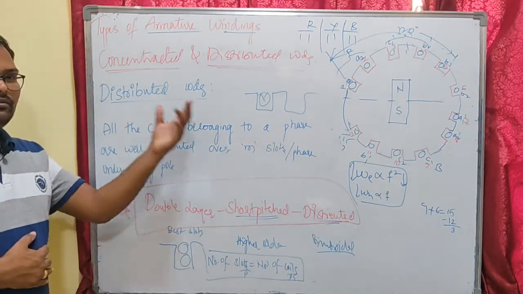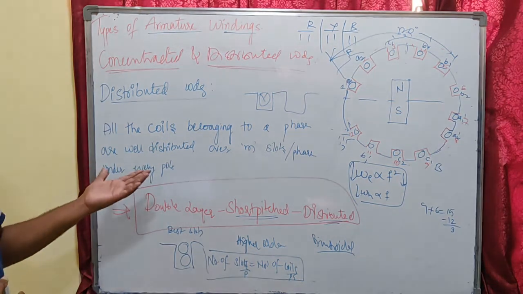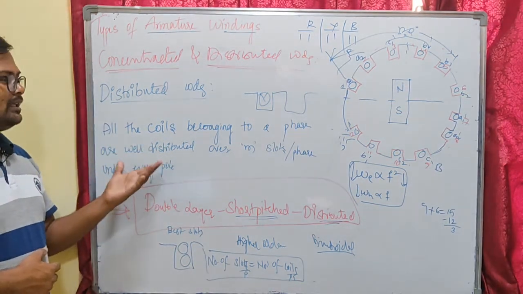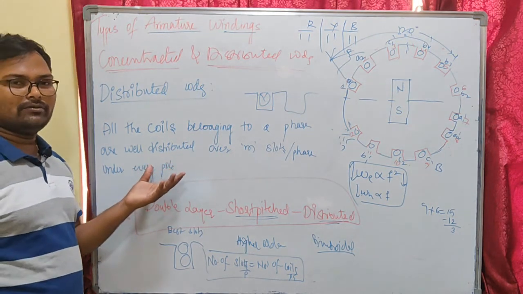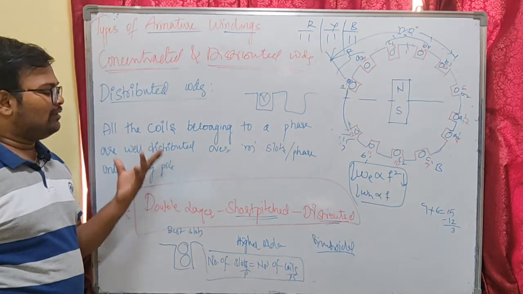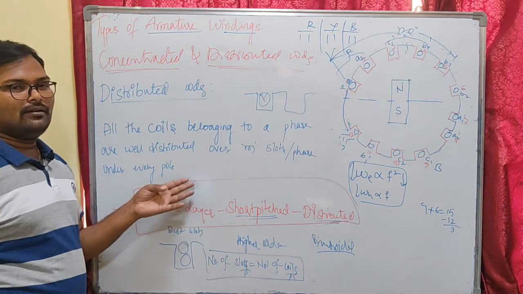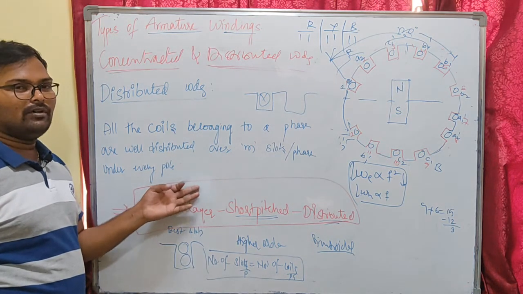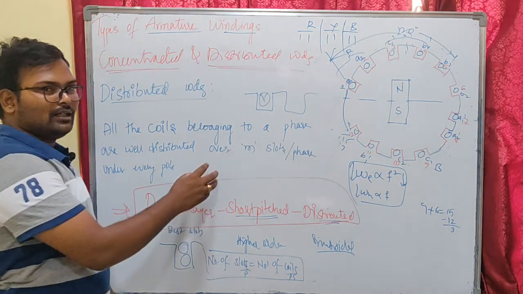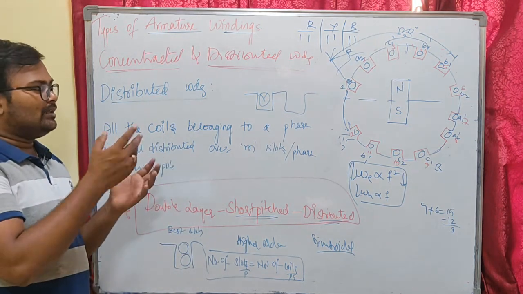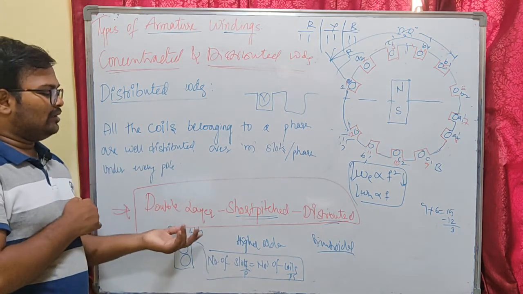If the coil span is equal to the pole pitch, that is full pitch winding. If the coil span is less than the pole pitch, that is short pitch winding. The general practical use is short pitch winding, because it eliminates the higher order harmonics. The third type is concentrated and distributed winding. In concentrated winding we keep the windings belonging to a phase in one slot under one pole. That will create more heat generation, and the dissipation of the heat is poor. That's why we are going for distributed winding.